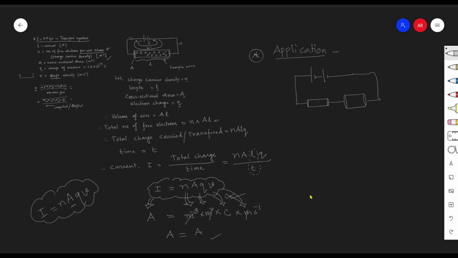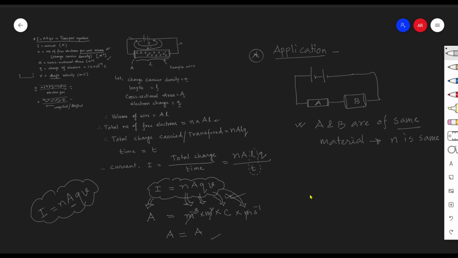If we consider that A is a wire, B is another wire, the two are connected in series and they are of the same material, then through which wire will the electron be moving faster, or what would be the drift velocity of the electron through wire A with respect to wire B, if we want to find it out? A and B are of the same material. This information should be given to you, which is why you can say that N is the same.